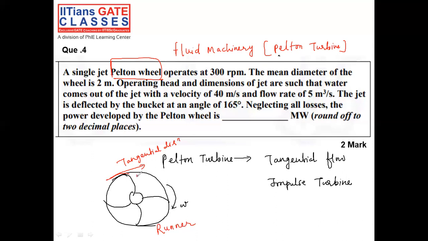If any fluid is coming like this in the radial direction, we call it a radial flow machine. And if you look at the top view, let's say this is the profile of the blade. If the flow is perpendicular to the plane of the paper, parallel to the shaft, that we call axial flow. So three different categories are there: tangential flow, axial flow, and radial flow. We are going to cover here today the tangential flow turbine. What is the meaning of impulse?